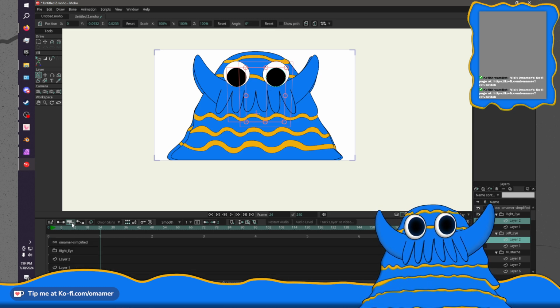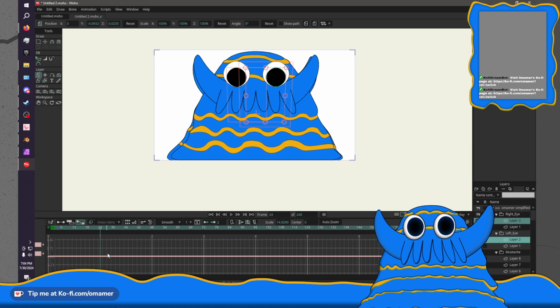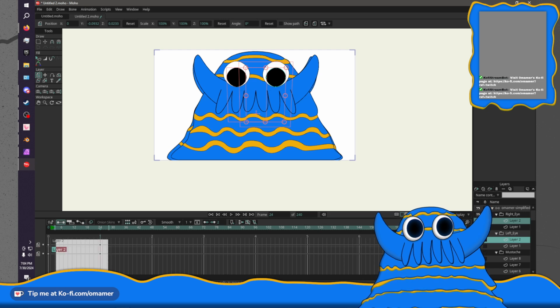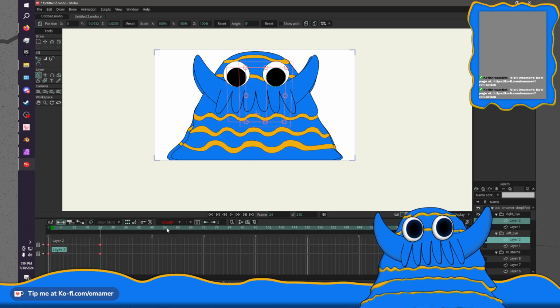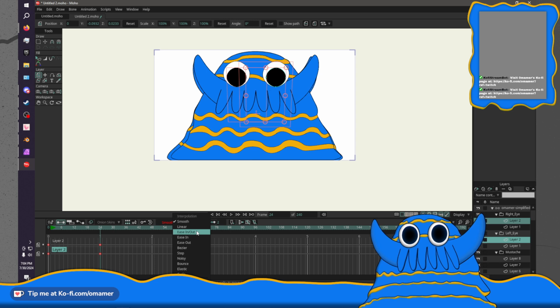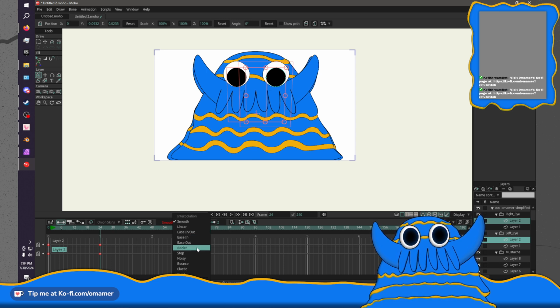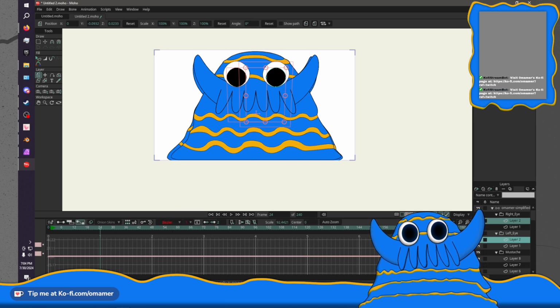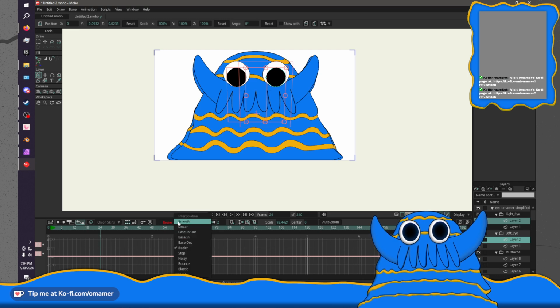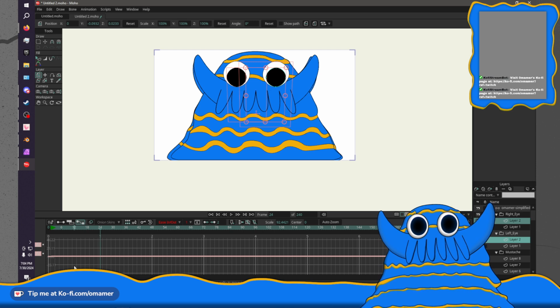So now there's something I can do in here. You just got to remember how. So rather than smooth, we have Bezier. Let's do ease in and out.